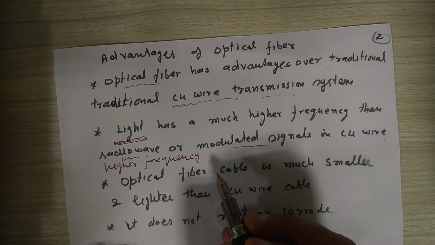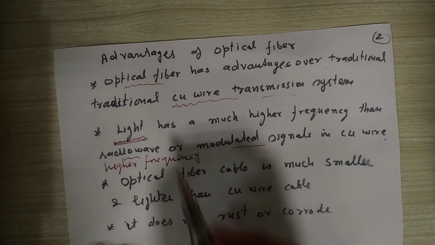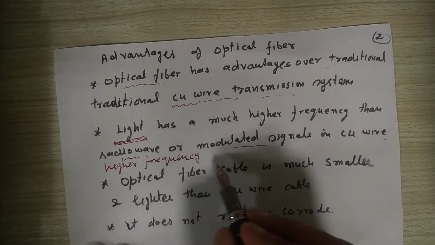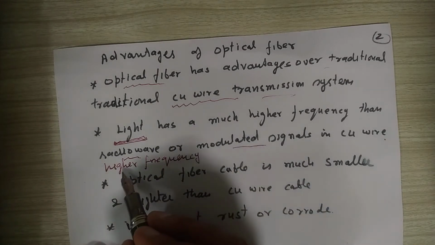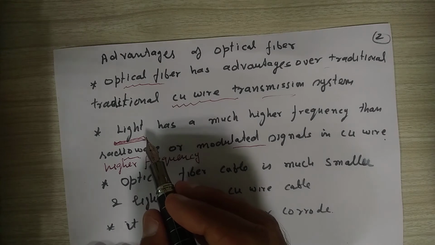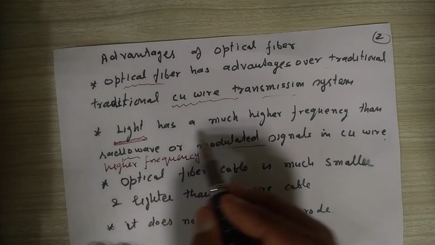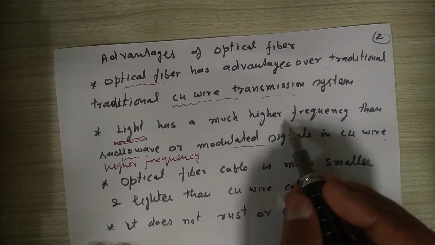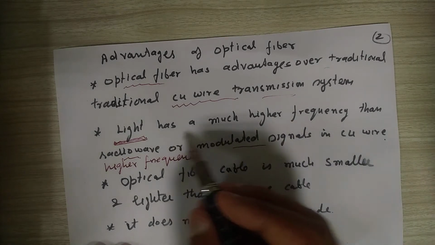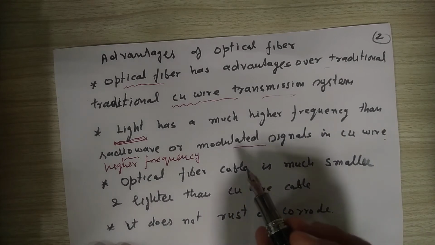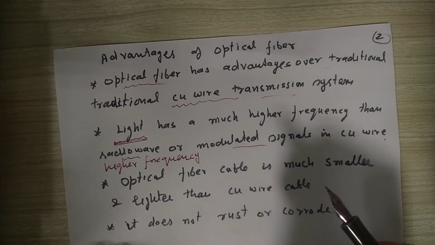So sometimes a question will ask why the optical fiber has high information carrying capacity. So you can answer that because in this case high frequency light is used as a carrier, and due to this high frequency, light has high